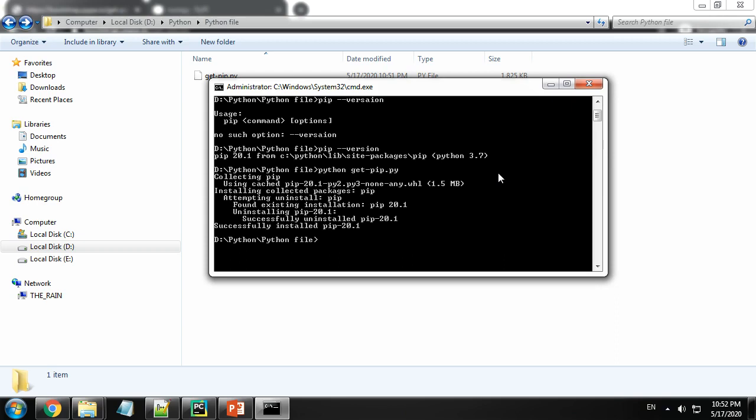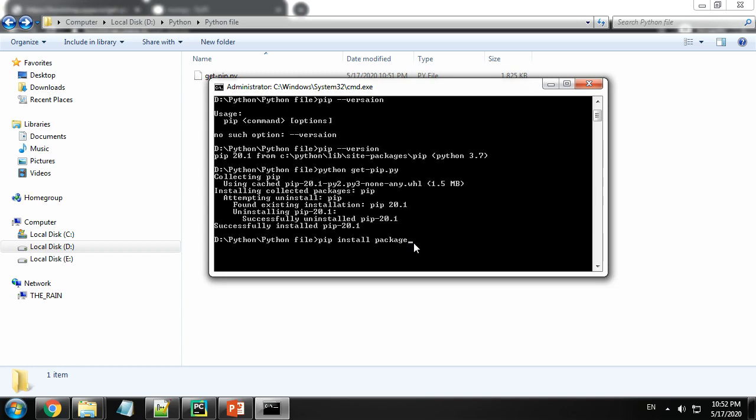Now pip has got four commands. The first command is to install a package. So pip install and the package name. If you know the package name exactly, please type in the exact proper spelling here. Do not make mistakes, or else you will land up with a different package.